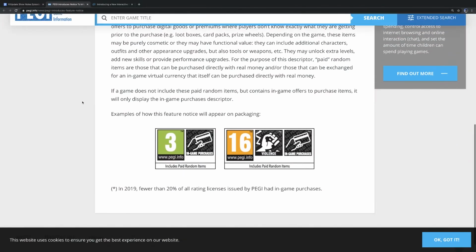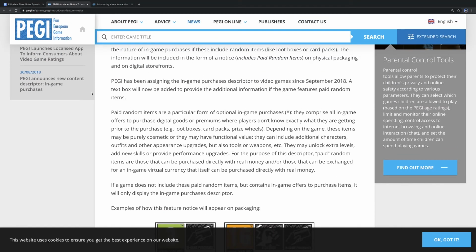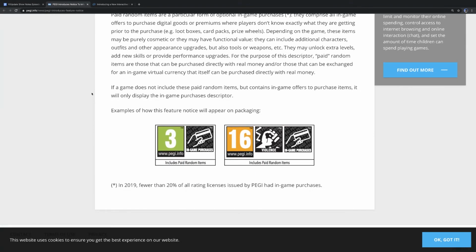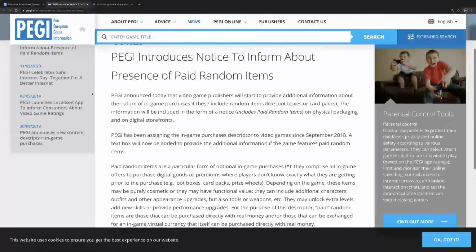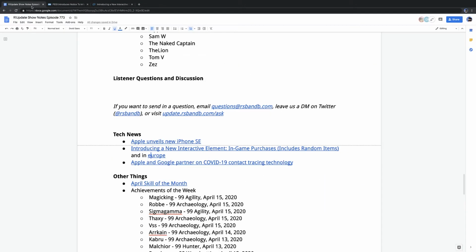They're also doing something similar in the EU. The Pan-European Games Information Consortium will be labeling games as including in-game purchases and including paid random items as well on the packaging of video games, or I guess in this case the websites of video games, since the question of who exactly purchases a video game in a package can be asked at this point in time. So,